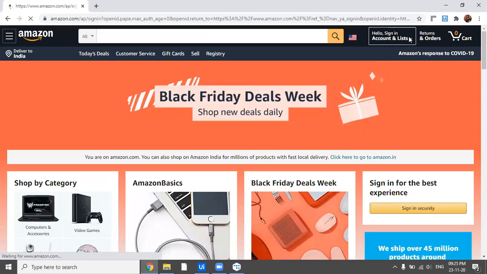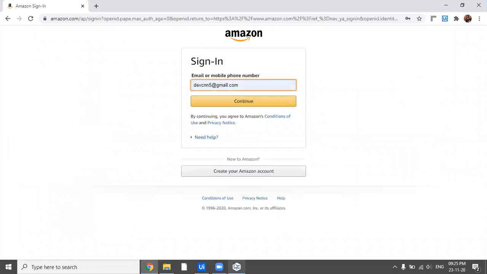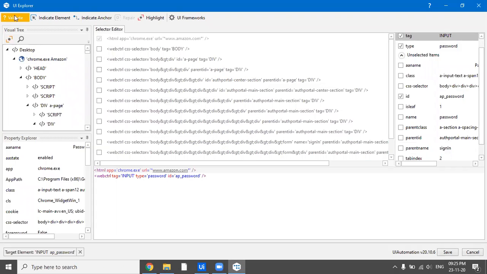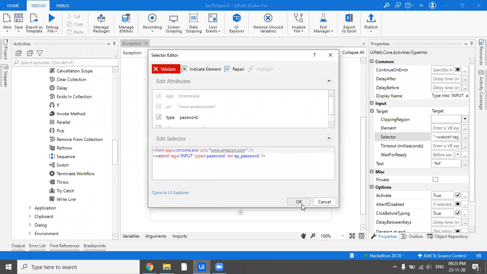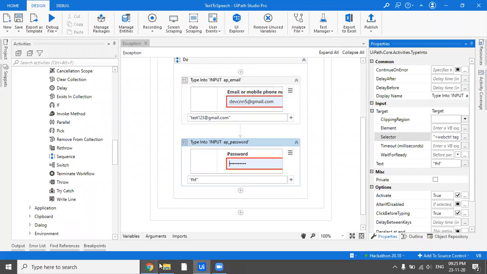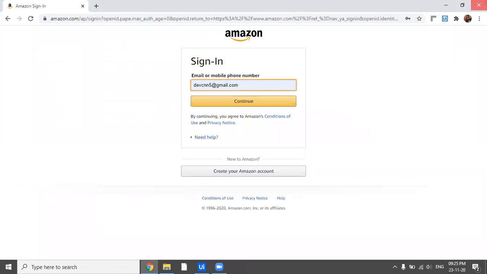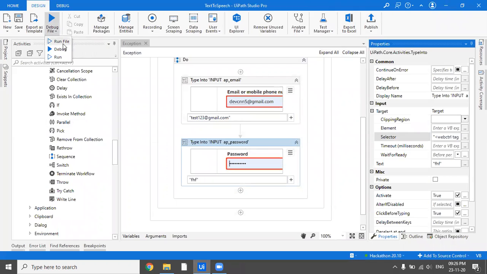Okay, now let's check if this selector is getting validated. It is not getting validated, so this is the selector which we need. With the help of this selector, we would get a selector not found exception error. Okay, let me save this, close Chrome, and try executing the same file again.